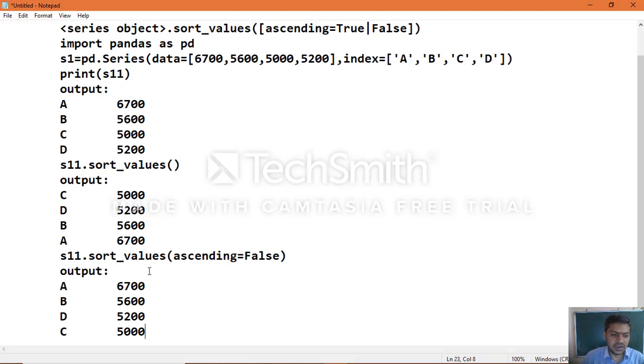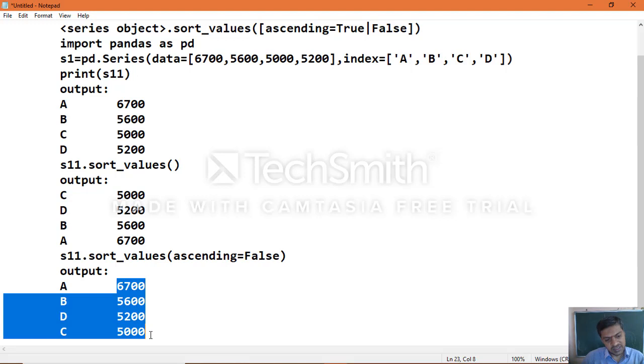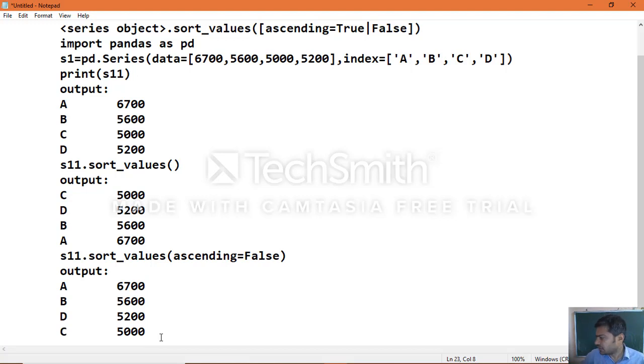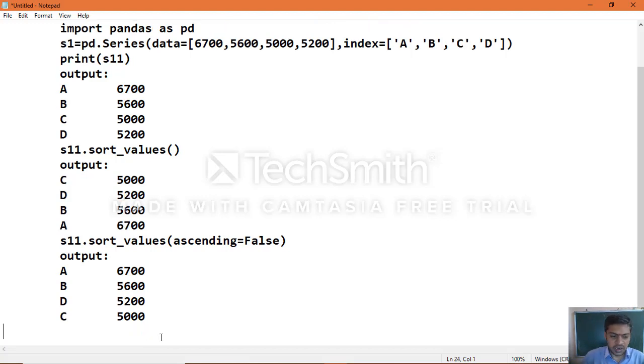That is how descending order works on the basis of series object data values. Second column 6700, 5600, 5200, 5000.